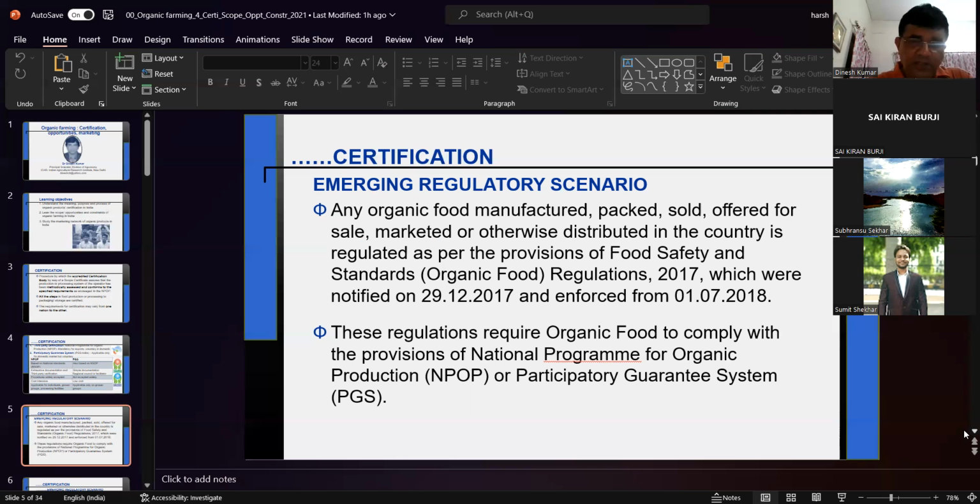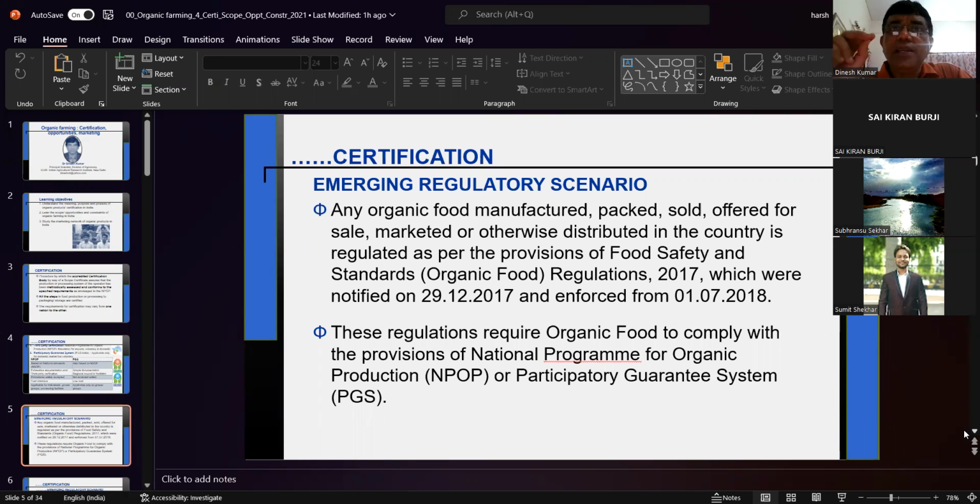But what happens is, the certification process is there, but many times consumers are skeptical. They are worried whether a particular product is organic or not, whether it is genuinely certified or not. Then one more kind of regulatory system came into the picture for regulating organic products. It is from the government, and what the government has decided is that first, farmers need to get their product certified by third-party certification or by PGS.